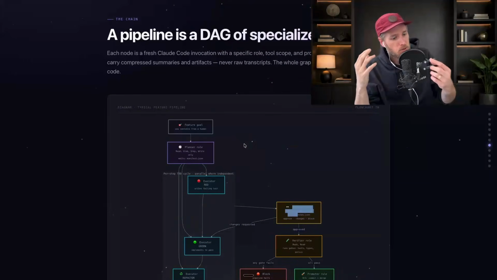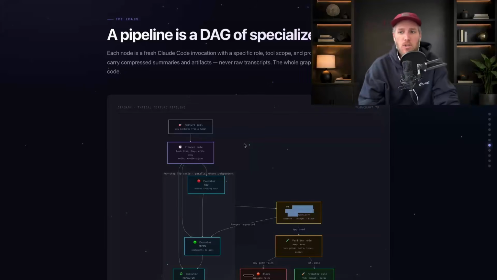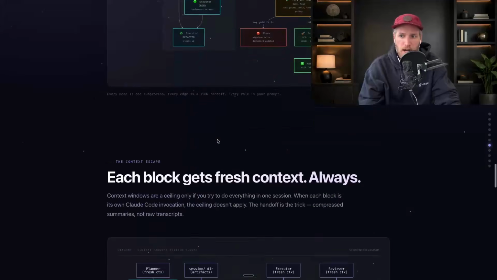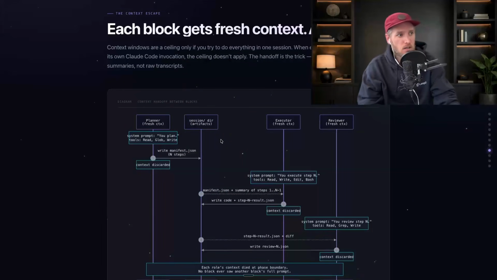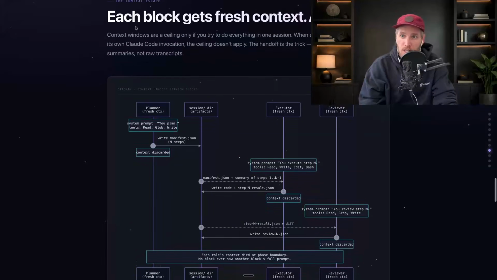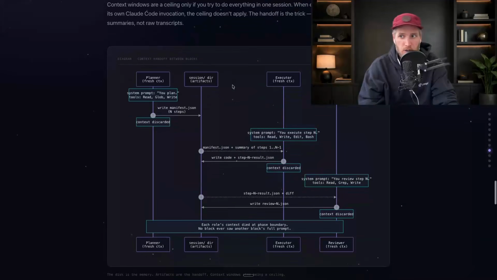The whole concept in my mind of an agentic pipeline is the idea that you should own this process yourself and not be reliant on, oh, you have to do factory work this way. Because to me, code bases are just too complex to justify it otherwise. Each block gives a fresh context every time. This is important for me. I just find that it's significantly more accurate at scale.